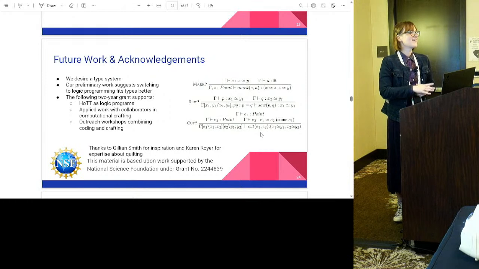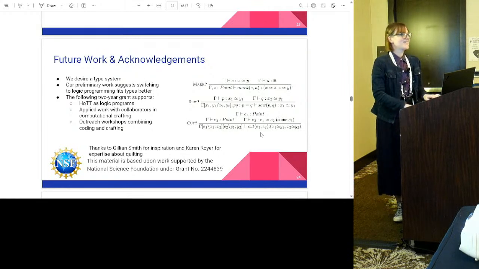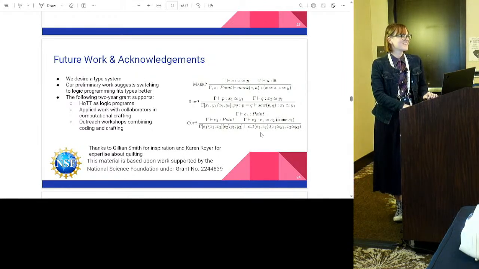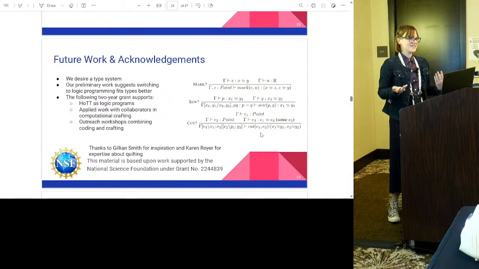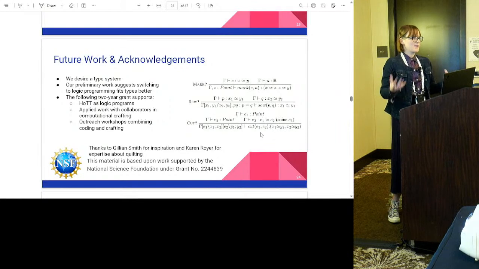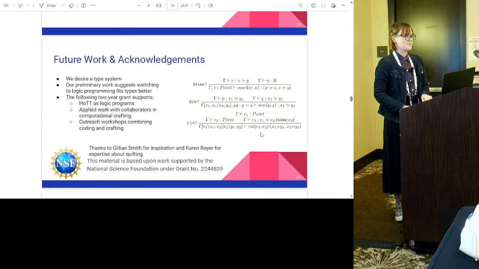Are you allowed to sew two edges of the same piece of fabric together? Yes, you can make a cylinder or a Klein bottle. So what does that mean for quilting, though? I guess it doesn't really mean anything. Because our goal was to be as inclusive as possible, we take the opposite approach of most programming languages. We really don't want to exclude much, if anything. We want to enable the representation of as many different ways to sew fabric as possible, even if they might not be physically realizable. So that's our approach so far. We might get more restrictive as time progresses, but not at the moment.